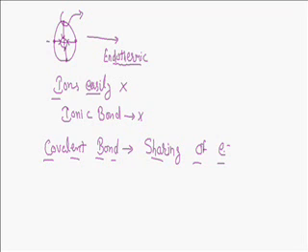Definition: earlier we have seen that a covalent bond is formed by the sharing of electrons. Or further, if I am to specify the definition, I can say a covalent bond is formed by the mutual sharing of electrons. Mutual sharing means both atoms which are going to share their electrons will contribute an equal number of electrons. We can understand this by the formation of the hydrogen molecule.